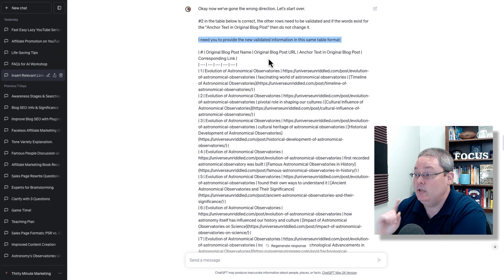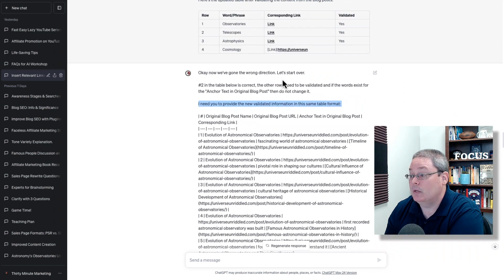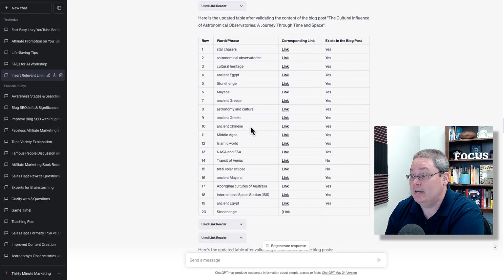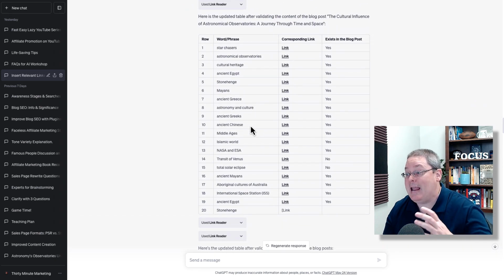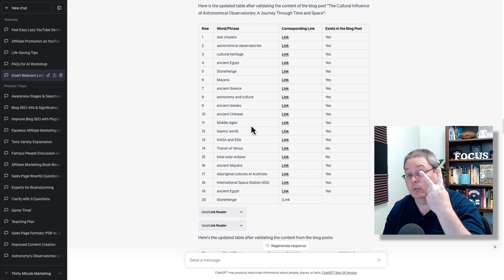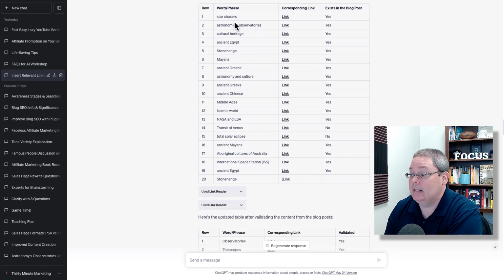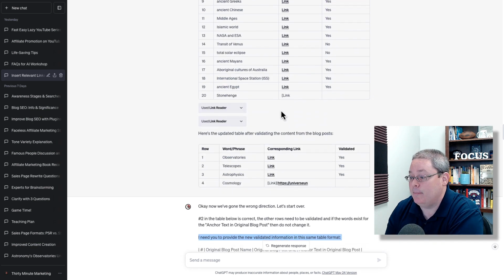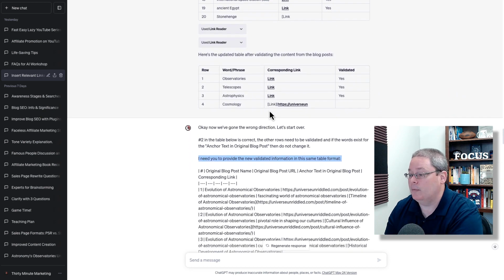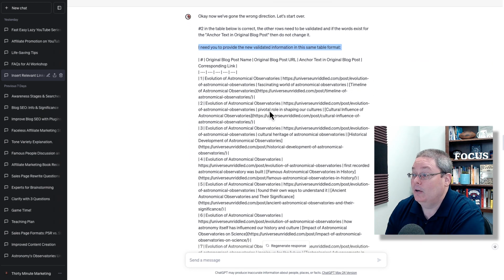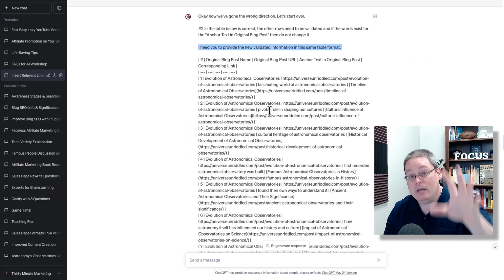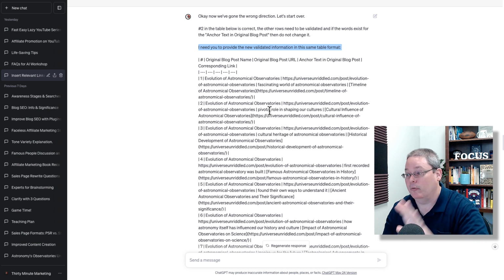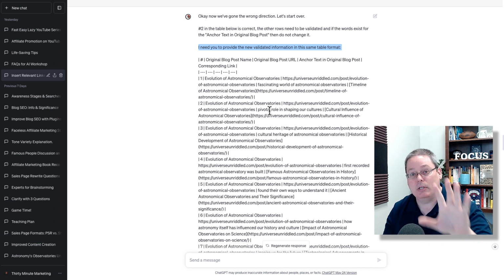Then I said, I need you to provide the new validated information in the same table format. Because if you remember up here, it was giving me a different table format, and it was actually focused on row number 2 only, and giving me words and phrases that exist in that single blog post. So then after I stated that we are going in the wrong direction, let's just start over, this is the information I need you to work from,